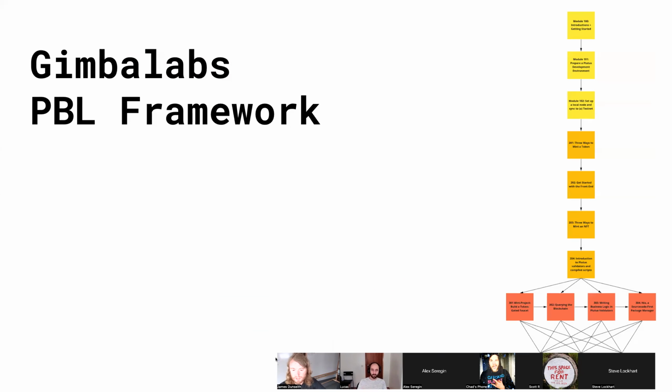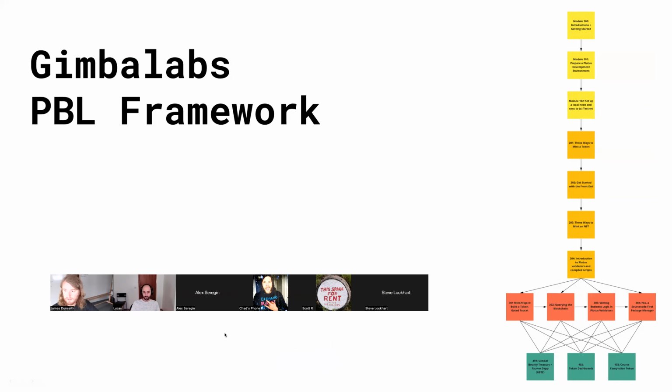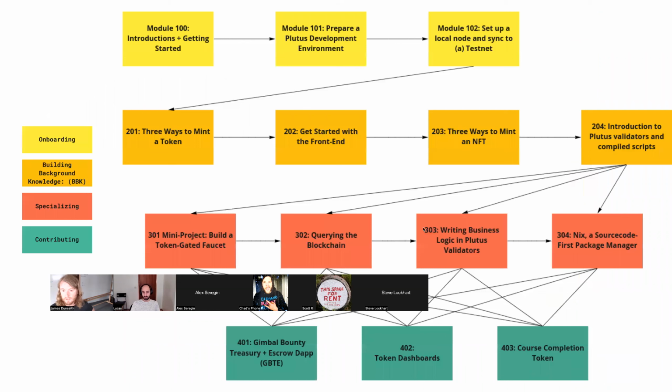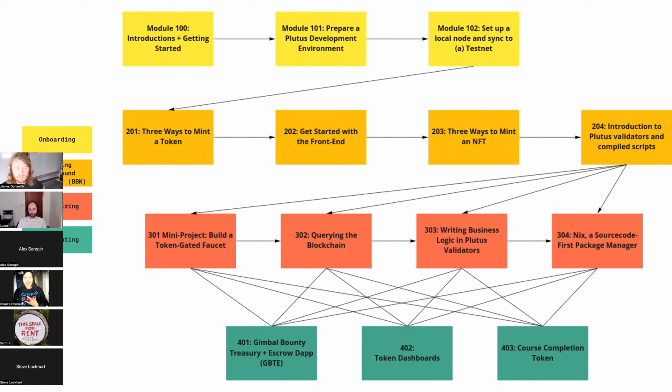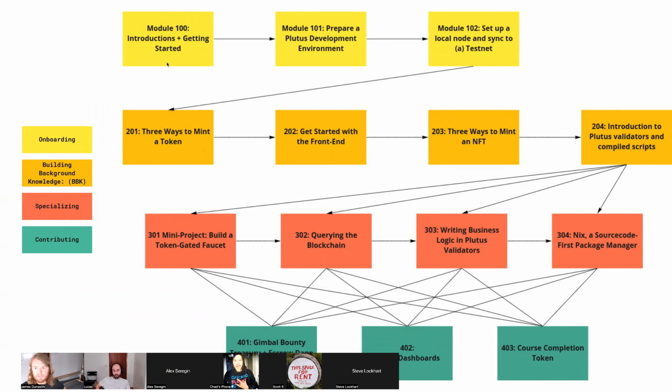And so this is a picture of what the course looks like. If we look at it vertically, the expectation is that learners move through all of the onboarding modules and then all of the BBK modules, and then they can choose their pathway through the 300 level specializing modules and then apply what they've learned to contributing to these 3 projects. In case that's not legible, I don't expect that vertical view to be easy to read. Here's just a map view so you can read a little bit more about what each of those modules are.